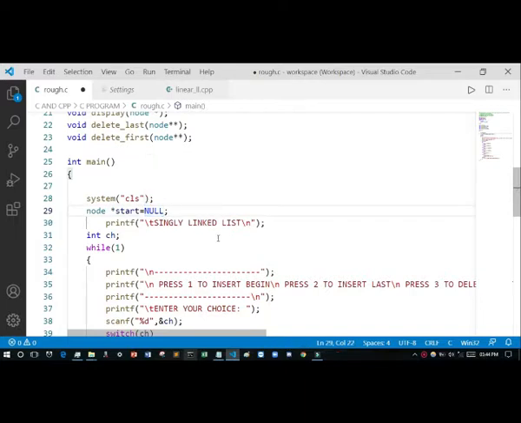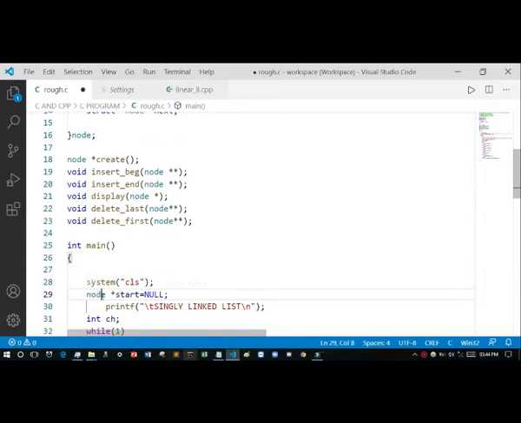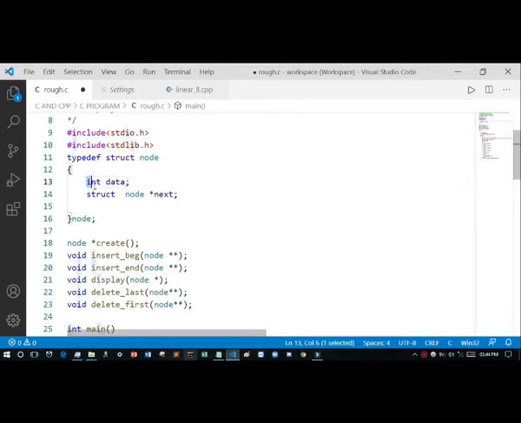Its data part will be null and its next part will be null, because the node type has two parts, one data part and another next part. The next is a struct node, a structure within a structure. This next will store the address of the next node.